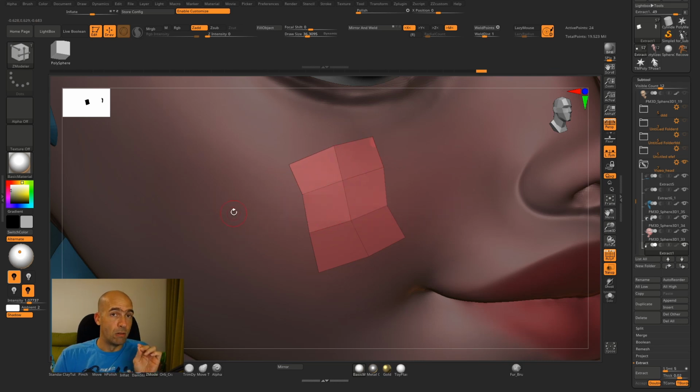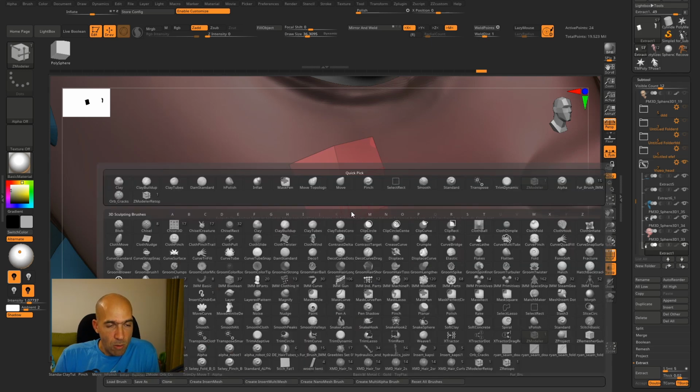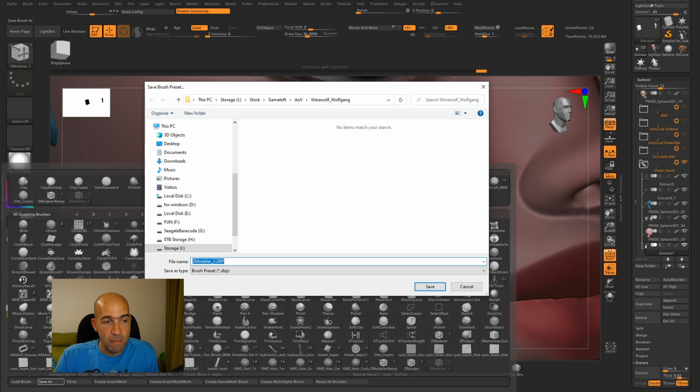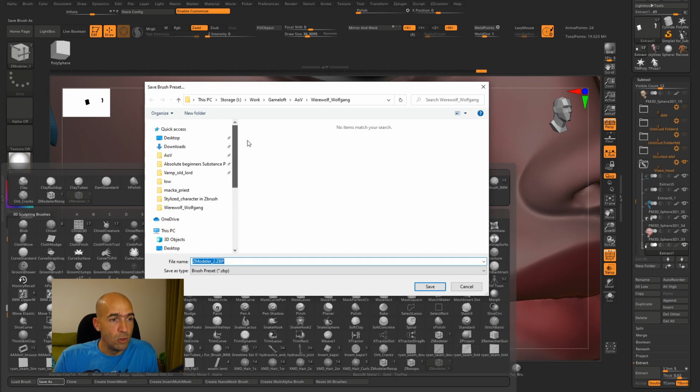So now what I do, in order to have this brush already set and not have to set it every time, and to have my ZModeler brush back, I will go to the brush menu and click clone. If I save this brush now in the ZBrush folder, it will mean that in this session I will lose my ZModeler brush, which is not a problem. I will restart ZBrush, I will have both. But now I will just click clone, and then go again in the brush menu, save as, and then we'll go to